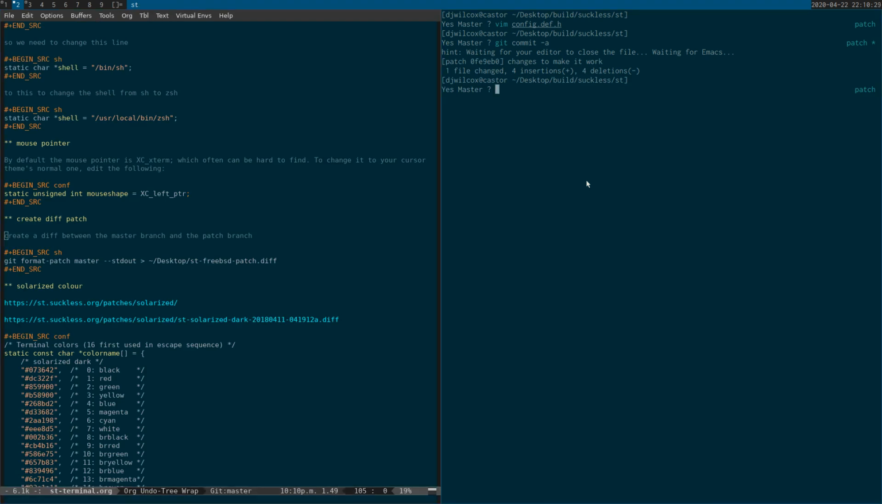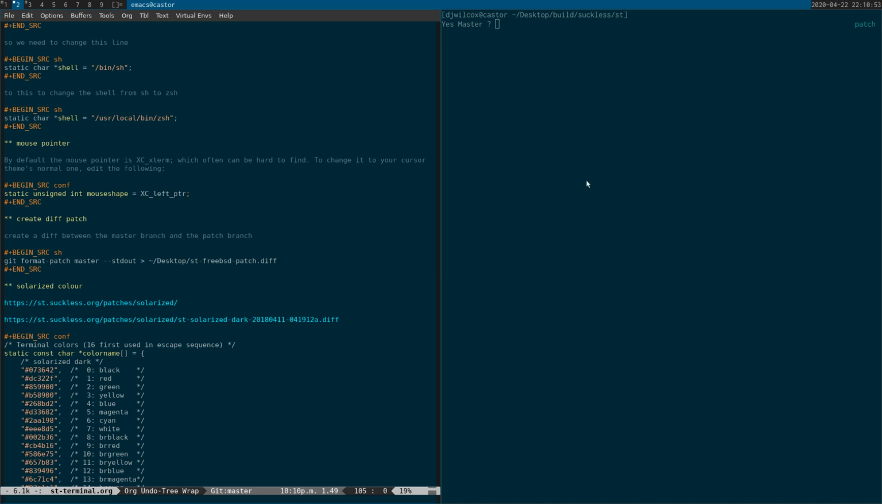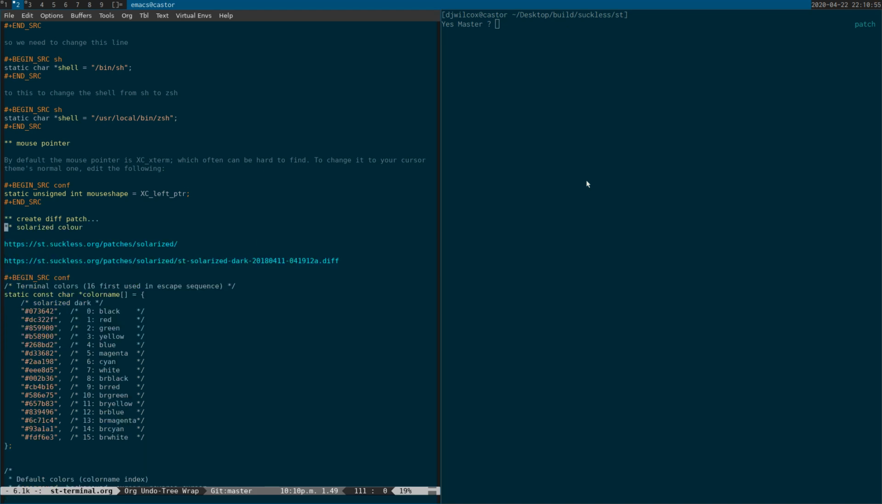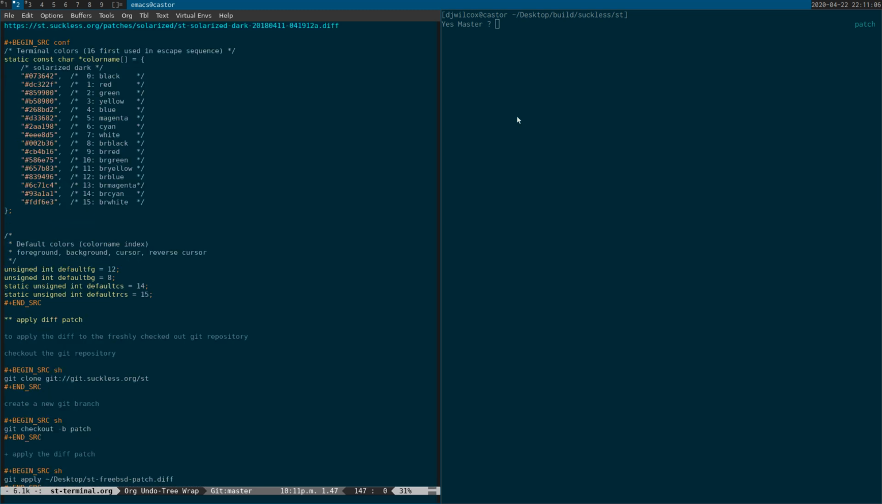And then what we'll do is we'll create a patch, git format-patch against the master branch, -stdout > freebsd.diff. Okay, and that's basically a record of the changes so far. What I've got, as you can see in my terminal, I've got the Solarized colors, and basically what I did was I changed the colors in the